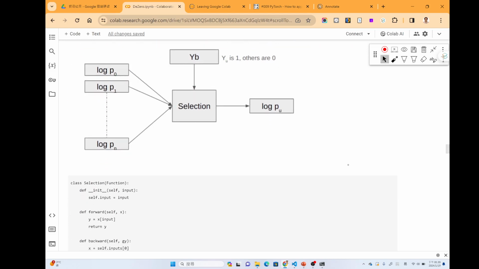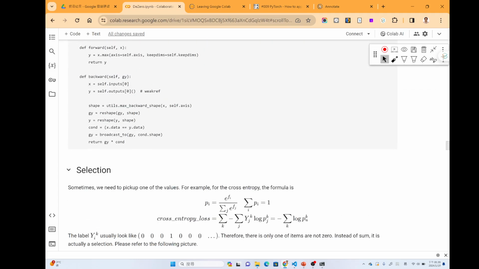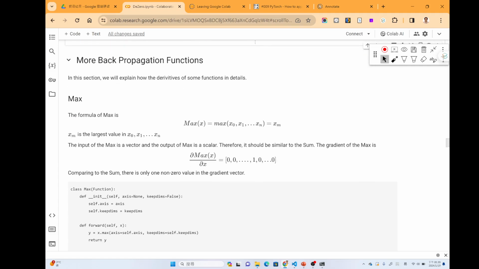So how could we implement the derivative of the selection function? It is actually the same as the max. If we review the case for the max, it just picks out the item n, and the item n is decided by all the values of x0 to xn, and the item with the maximum value will be selected.